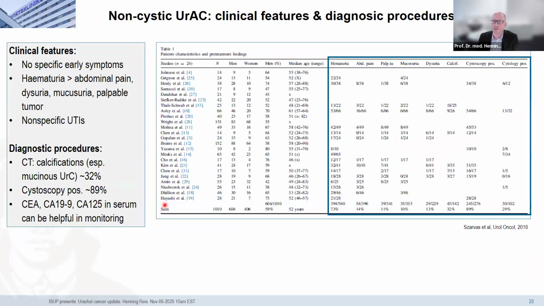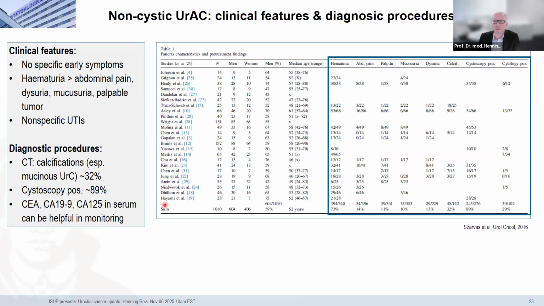The clinical features are non-specific in early stages, and usually the patients present with hematuria. This is a problem, of course, not just in bladder cancer, but also in urachal cancer, because for urachal cancer to cause hematuria, it has to invade the bladder cavity. Usually these cases are then big and already progressed. This is also the reason why urachal cancers usually do not have a good prognosis. It's better when stage-matched to urothelial carcinoma of the bladder, but still not very favorable.